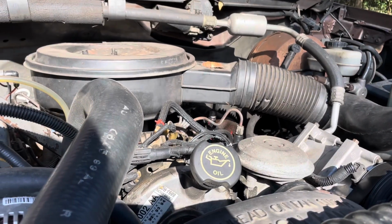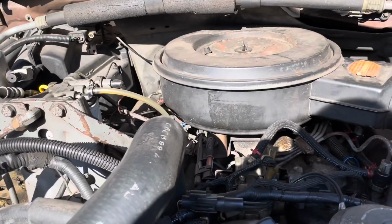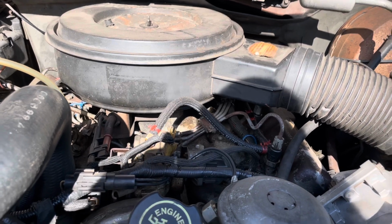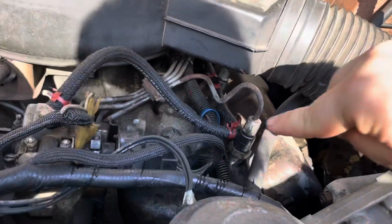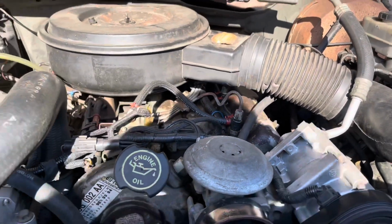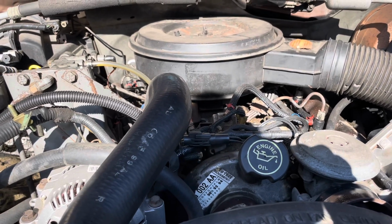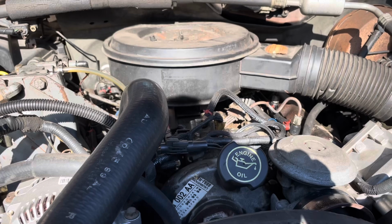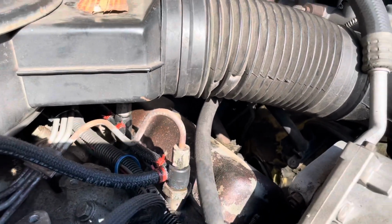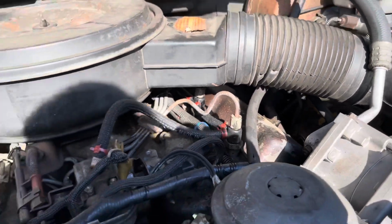A couple of problems you might run into with these is, later on in life, some of the fuel hoses tend to get a little bit old and they start to crack. Also, these caps right here, these injector caps, are plastic. The plastic, obviously, isn't exactly the best idea on a diesel, but it's what we have to work with. They also have a tendency to crack and to leak, as this one here actually seems to be doing a fairly decent job of. See, it's a little shiny. Regardless,